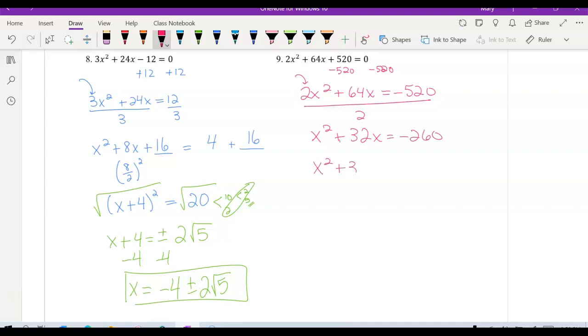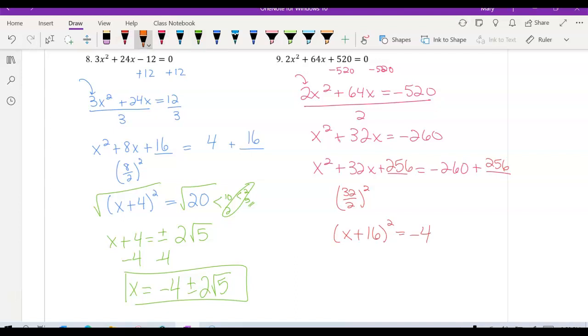We're going to write plus blank. And then we are going to do b divided by 2 squared to figure out that 256 goes in the blank. So the left side is x plus 16 squared, and the right-hand side is negative 4,